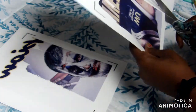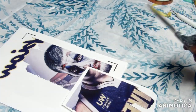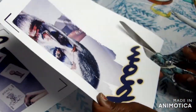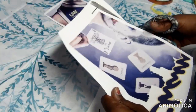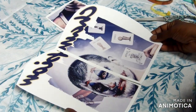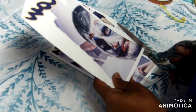All right, guys, for the printing process. We're at our setting up the paper part. So what I do is I cut around the image to make sure I get all the registration lines out, which are those little black half line squares in the corners. I make sure I get those registration marks off first. So I'm just cutting around the edges to get those black lines out. And then after I do that, I am just going to